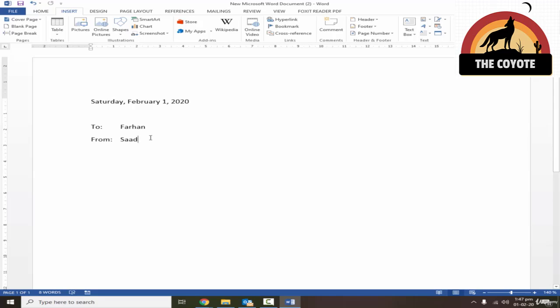Now let's leave some space, press enter and enter. Okay, I told you earlier not to press enter but to continue writing, and it will automatically change the line. But in these cases where the writing on the particular line is limited and you want to start obviously a new paragraph, in case of letters, in those cases you have to press enter to go on the second line. Otherwise you have to just keep on writing on the line and then it will change to the new line. But if you have limited words on the line, you have to change it manually by pressing enter.